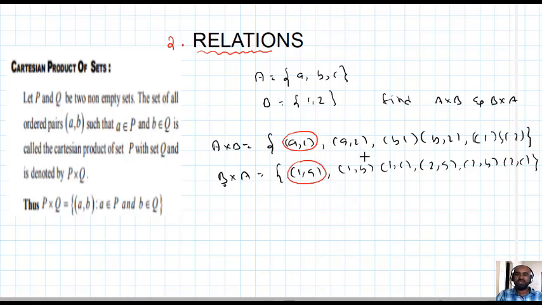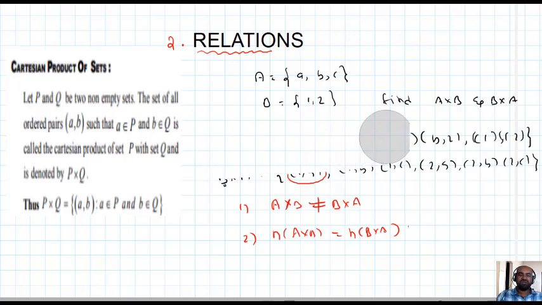These two sets are not equal sets but equivalent sets. A cross B has 6 elements, B cross A also has 6 elements. Two sets having the same cardinal number are said to be equivalent sets. What is my observation? In general A cross B is not equal to B cross A. Second, in general n(A cross B) equals n(B cross A). So they are not equal sets, but they are equivalent sets. That's why the Cartesian product of two sets won't satisfy the commutative property. This is the definition of A cross B.